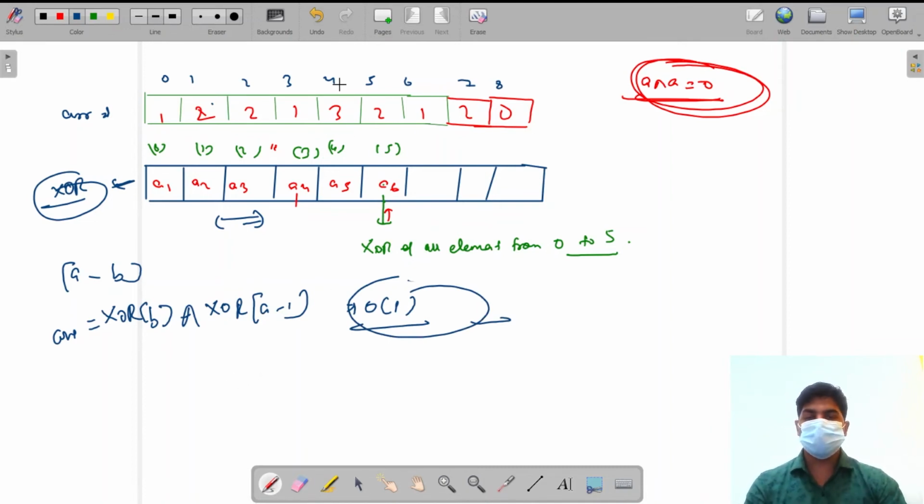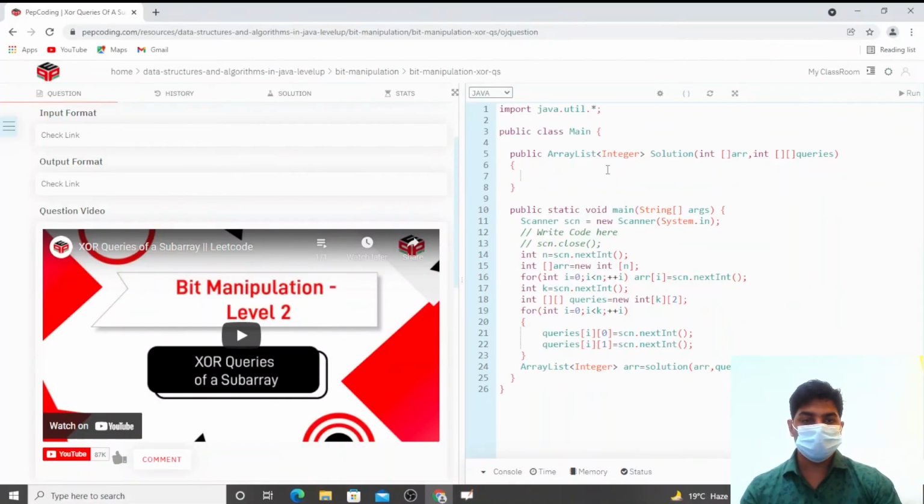Okay, so let's see this code in action. We will be given an array. Let's make another array, XOR array, equals a new integer array of array dot length.